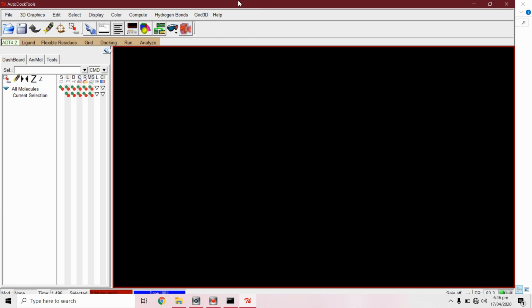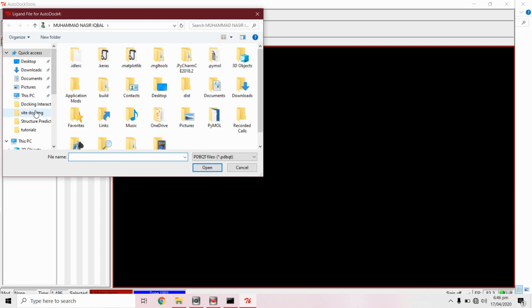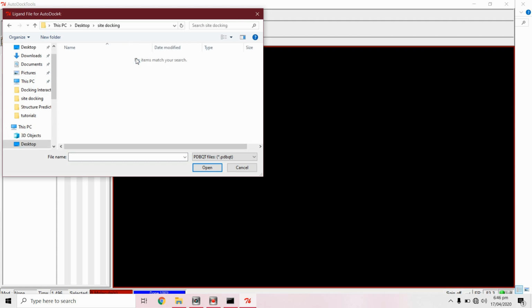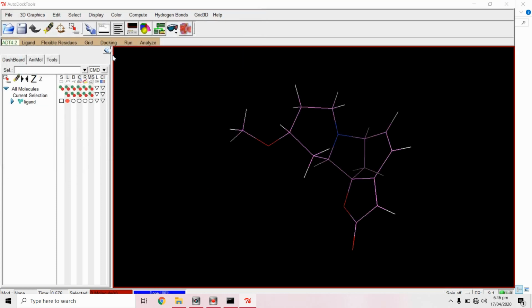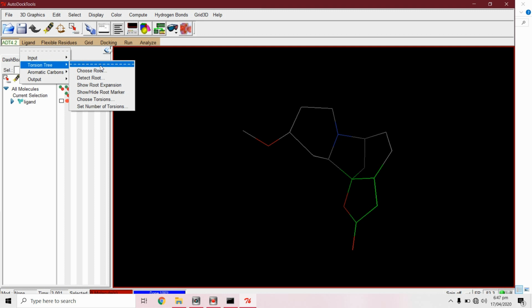Okay, first we will prepare ligand molecule. From ligand, input and open. Select the ligand molecule and ligand, then torsion tree and detect the root.